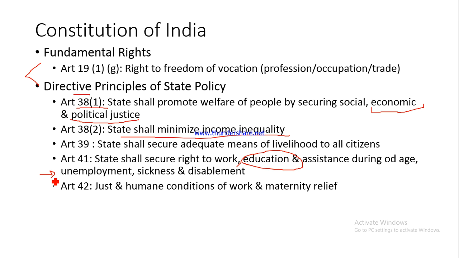Now let us talk about Article 42, just and humane conditions of work and maternity relief. Just and humane conditions of work. So we are basically trying to say that the workers are not being exploited by the management. They are made to work in humane conditions. It's not as if they are made to work like bonded labor. So bonded labor is not allowed here in India. It has now been made illegal. It was made illegal right in the beginning when